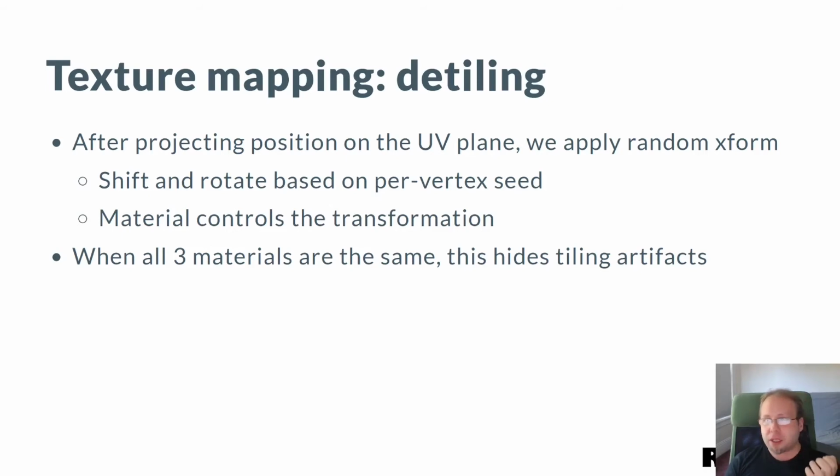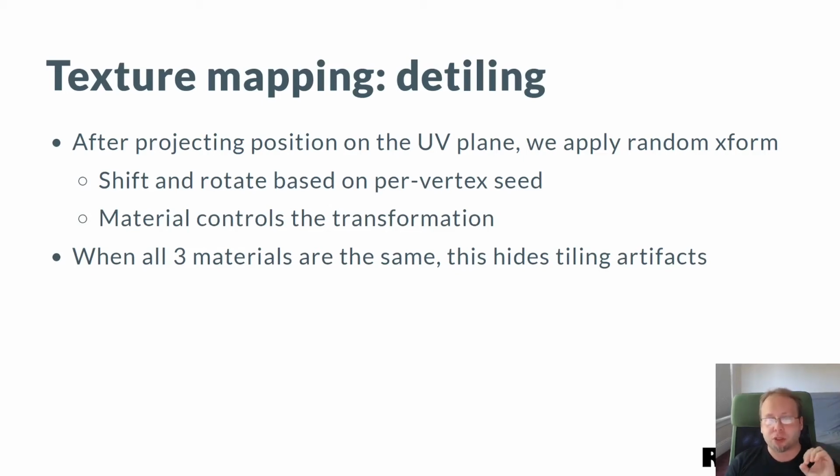Now, one other thing that we'd really like to do, though, is to fix the tiling artifacts that happen far in the distance. If you think about this, we already take a vertex and then we do some texture splat using a projection plane that we pick per vertex. Well, we also can augment this transform with a random shift and random rotate, and the randomness could be based on the vertex seed so that it's all stable. This helps a lot in breaking up the variation.